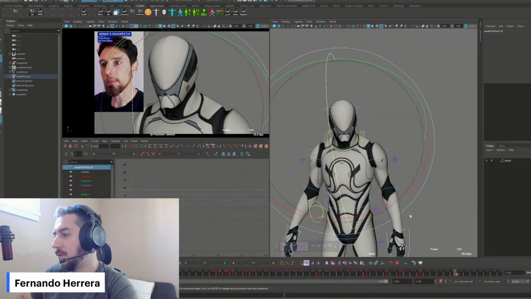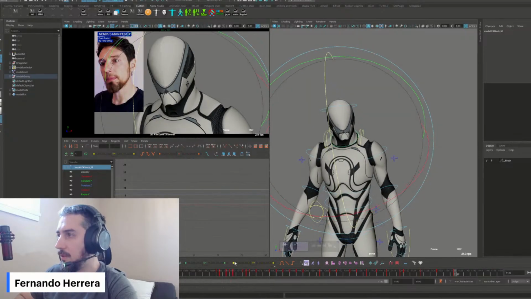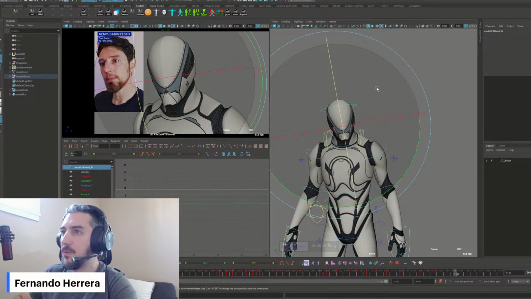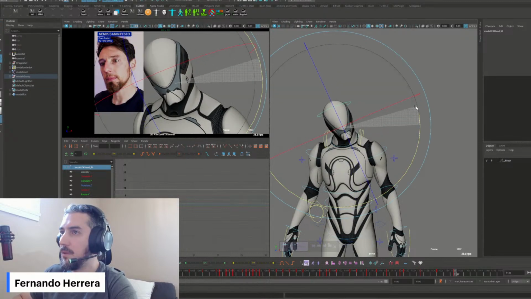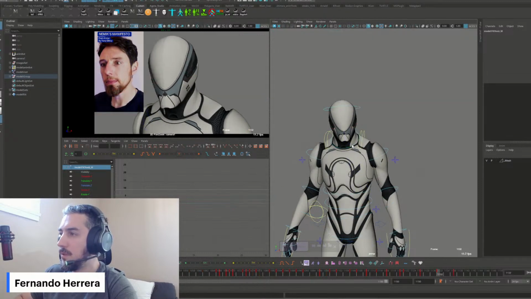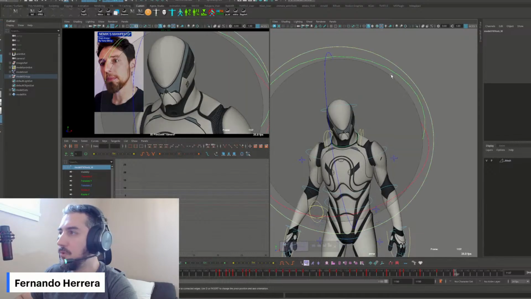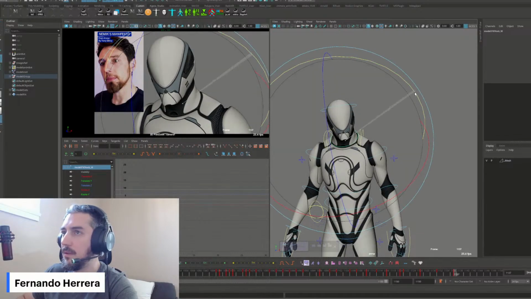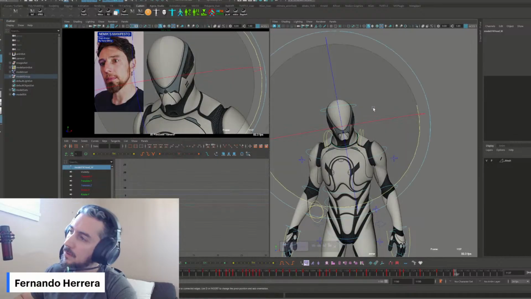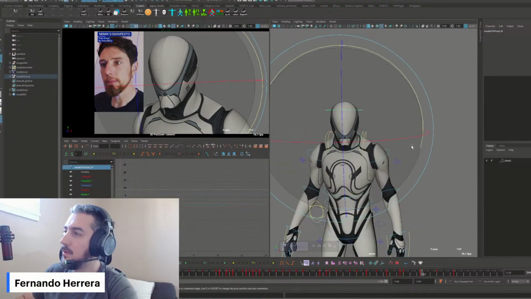You see the difference, like I'm going to zero the neck here. So you see the difference between using only this controller and using this, how you move the head. It feels different doing this than